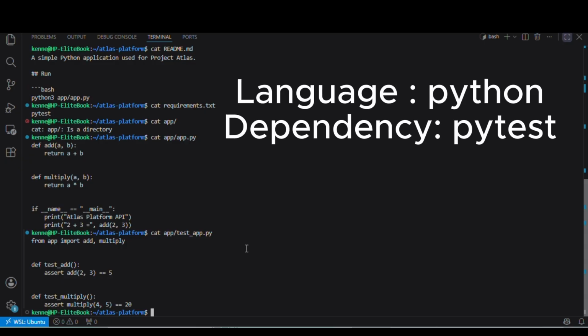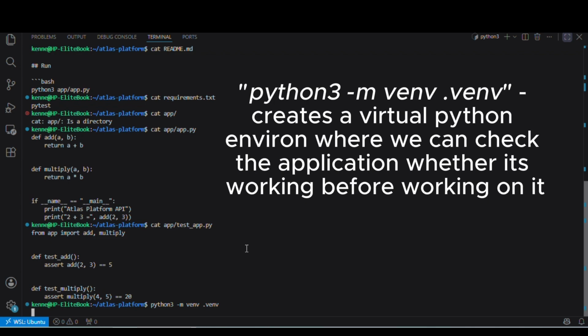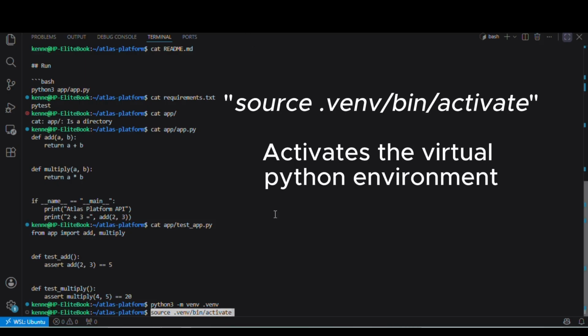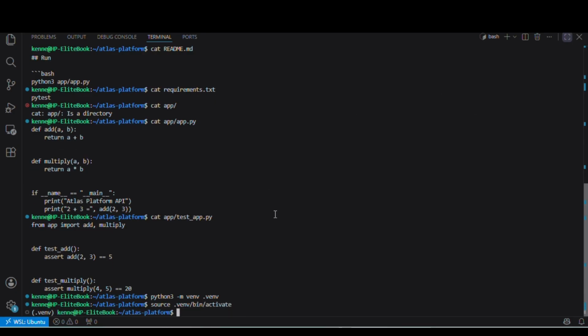So rather than installing project dependencies globally on the machine, we are going to create an isolated Python virtual environment and install the dependencies defined by the application itself. And the reason why we are doing all this is that we want to check whether the developer's code is working and perfect before we do whatever we have to do. So now that we've activated the virtual Python environment, we then install the project dependency that was declared in